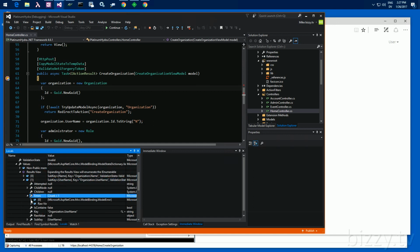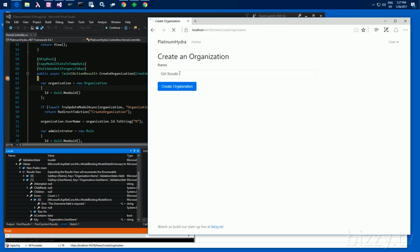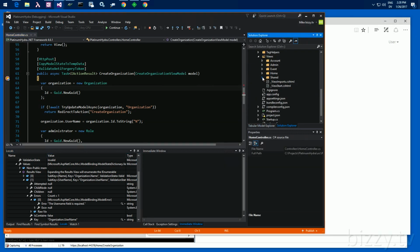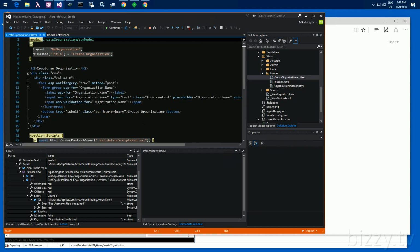Oh, username has an error because it's required. Okay. So the problem is we added the username and made it required, but we don't prompt them for that up front. We're going to auto-populate that. So we want the validation there, but we also need a value. I think a hidden control would solve this best. So let's just go into Views, Home, Create, and then in the form here, we'll just put